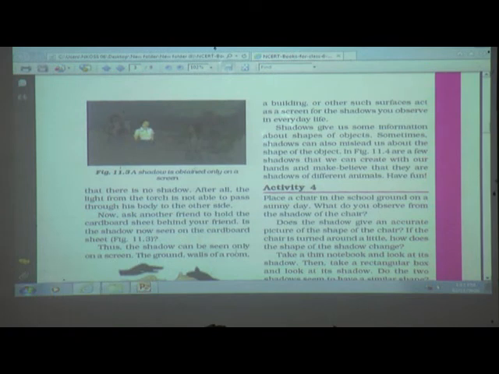The shadow can be seen only on a screen, the ground, walls of a room, a building or other such surfaces. They act as a screen for the shadows you observe in everyday life. Shadows give us some information about the shapes of objects. Sometimes shadows can also mislead us about the shape of the object.